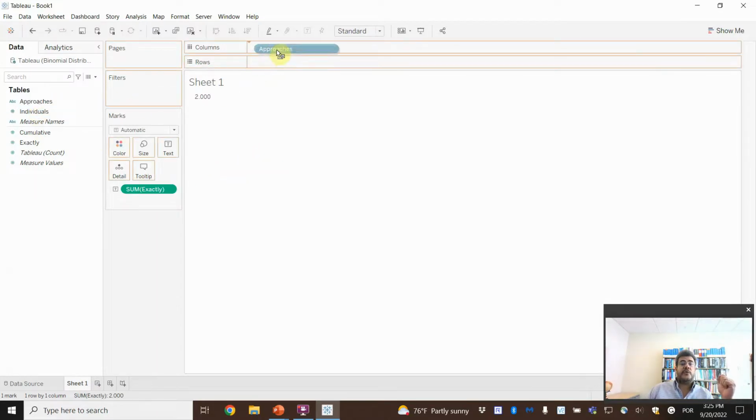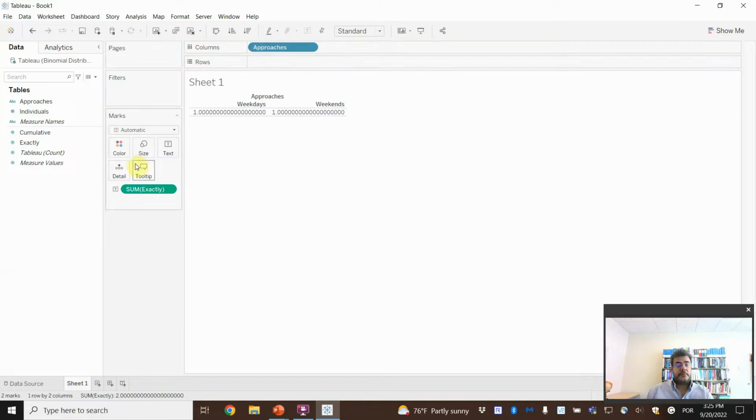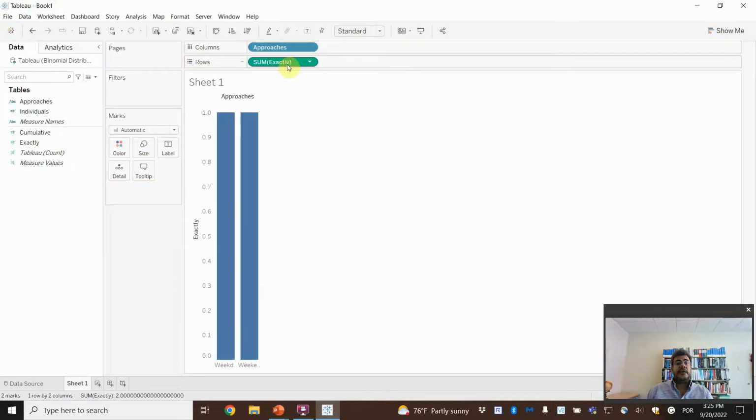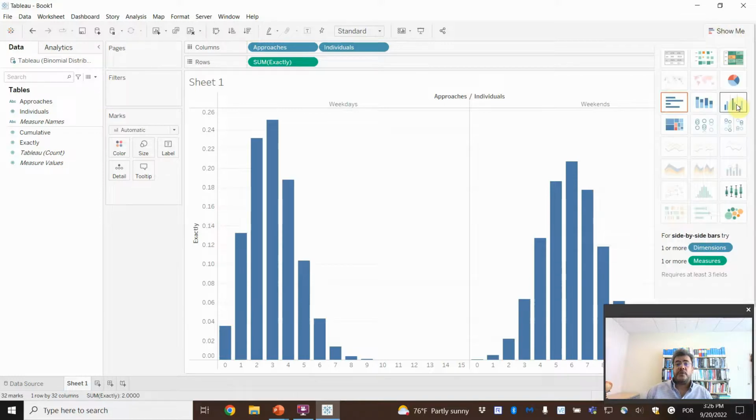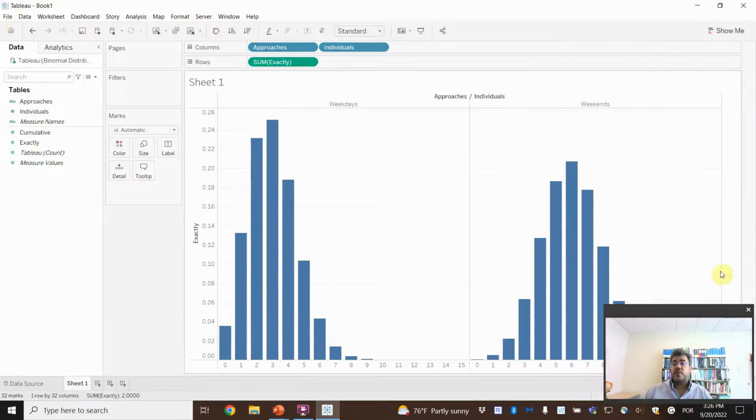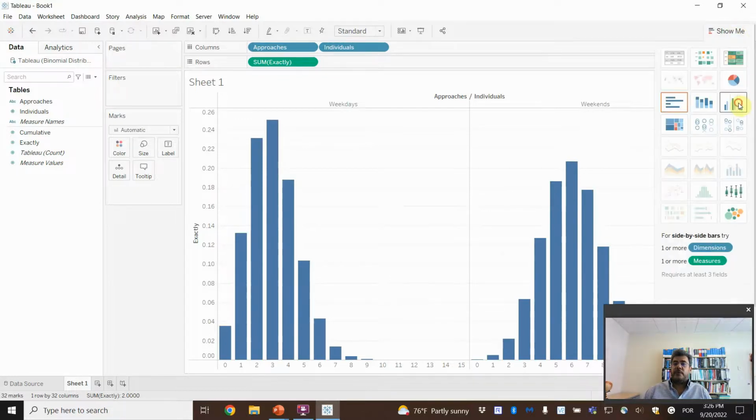But let's go on approaches. And then the exactly here and the individual. So individuals, they are here. See, that is our binomial distribution, or on Show Me. We can combine both, okay? We can see here both weekdays and weekends. It's going kind of more negative here. If we want to combine both,